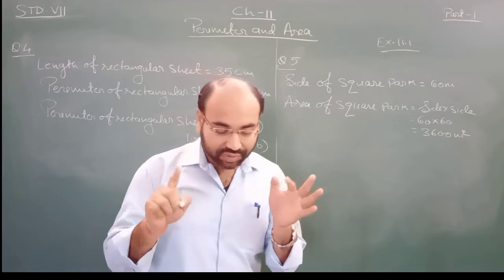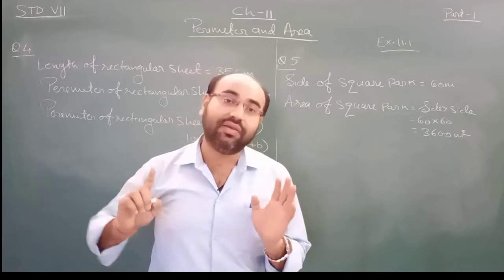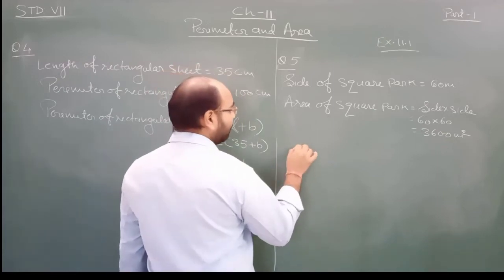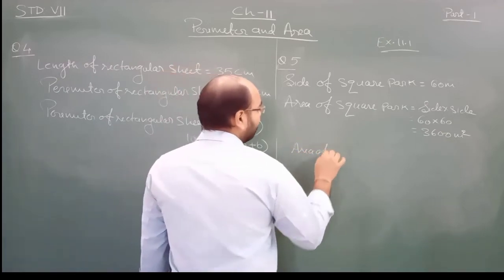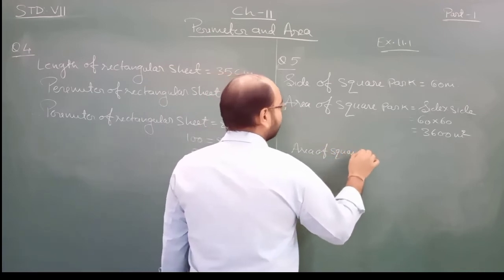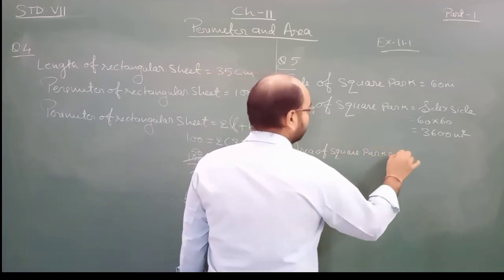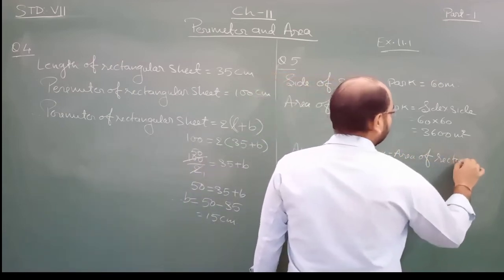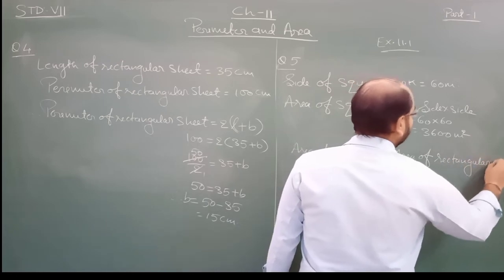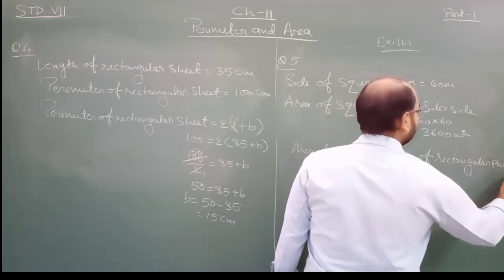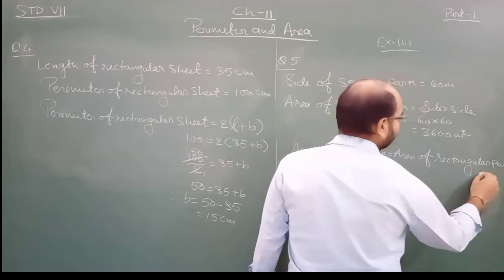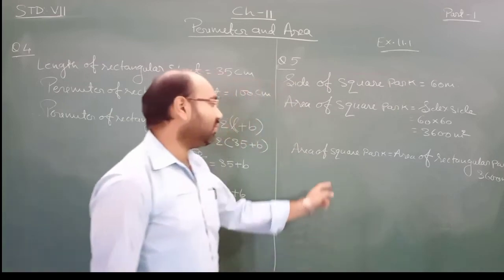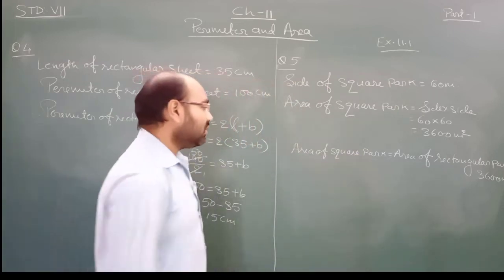अब क्वेश्चन में स्टार्टिंग में क्या बोला था, द एरिया ऑफ अ स्क्वायर पार्क इज द सेम एज ऑफ रेक्टेंगुलर पार्क, मींस दोनों का एरिया सेम है। सो वी कैन राइट दैट, देयरफॉर एरिया ऑफ स्क्वायर पार्क इज इक्वल टू एरिया ऑफ रेक्टेंगुलर पार्क इज इक्वल टू, करके लिख देना कितना 3600 मीटर स्क्वायर। दोनों का एरिया सेम है।